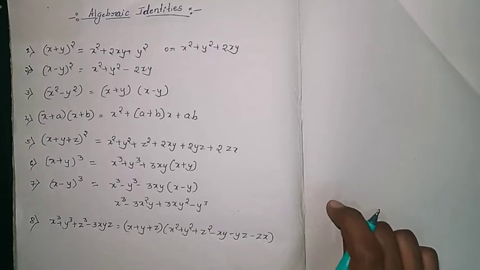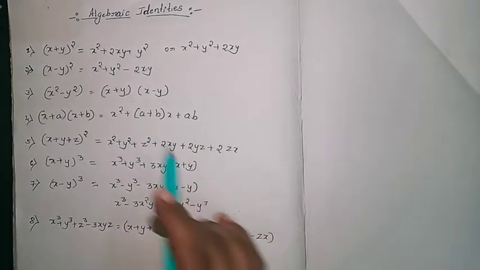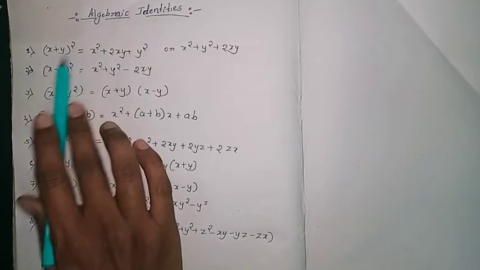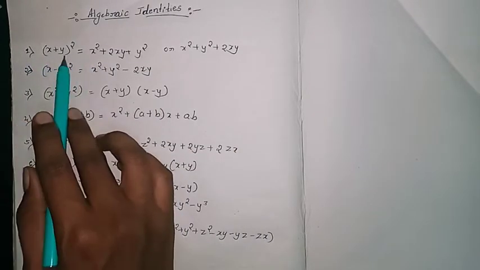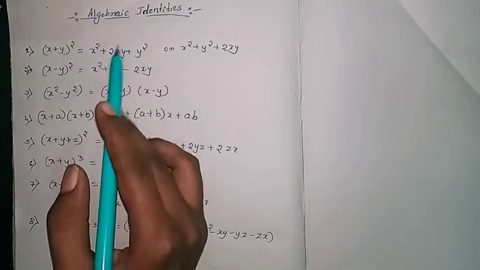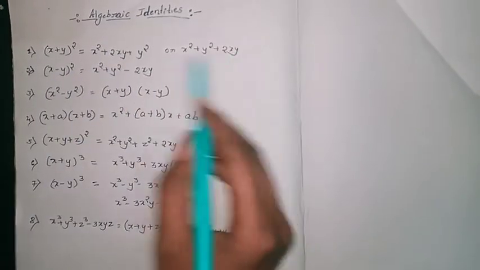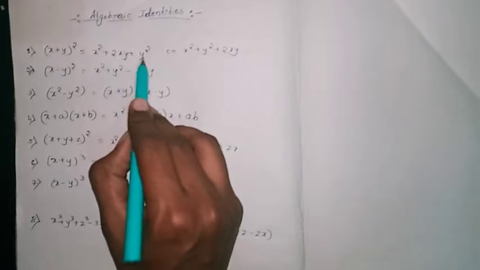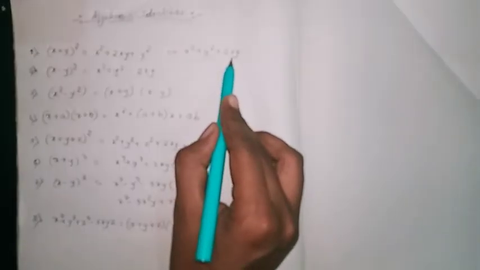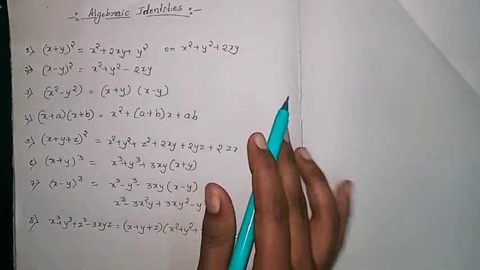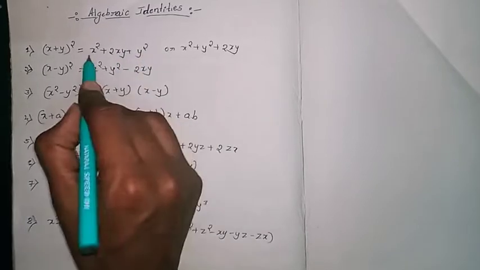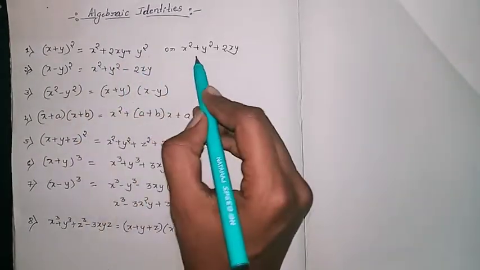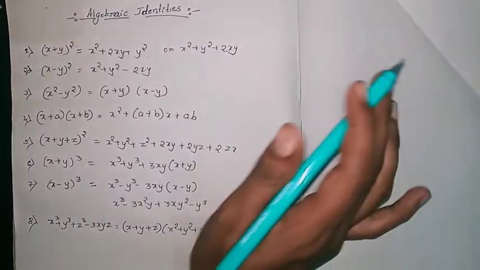These formulas you have studied and you know how to remember also. So for example, (x plus y) whole squared, that means (a plus b) whole squared, or you can say any variable as they have given. It can be written as x square plus y square plus 2xy, or you can say x square plus 2xy plus y square. I will use this one, x square plus y square plus 2xy. As it is the positive term, the signs are positive, and you have to remember the LHS and RHS both sides. Any one you can use, whichever is easy for you, that you have to remember.